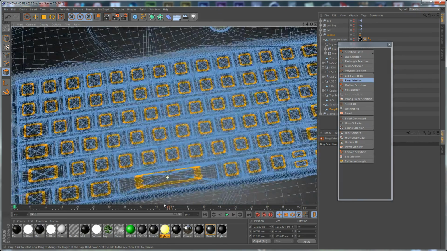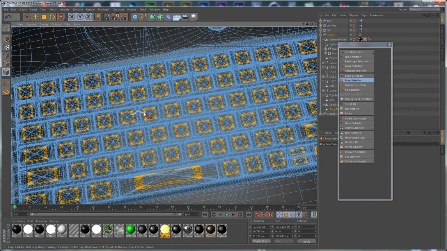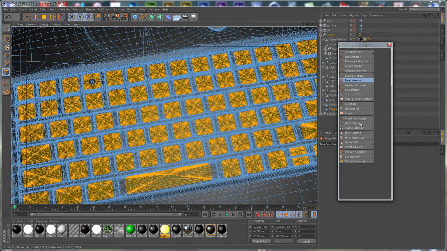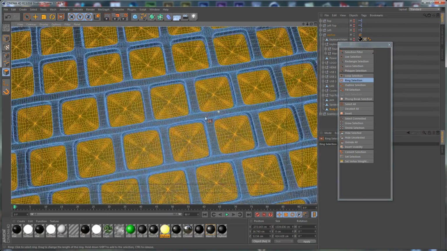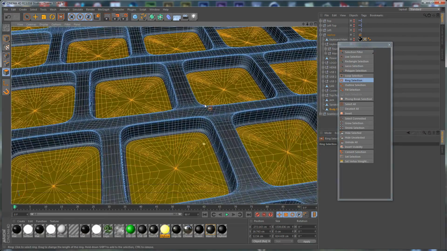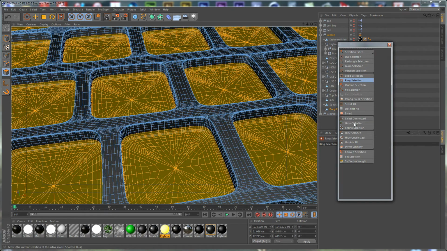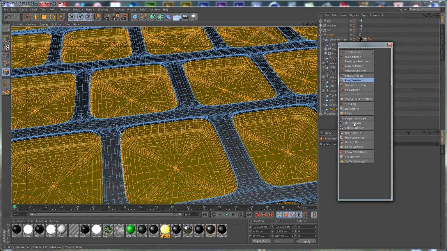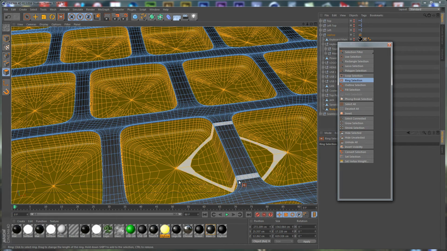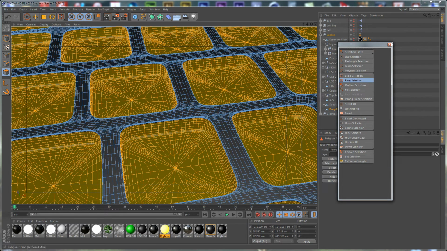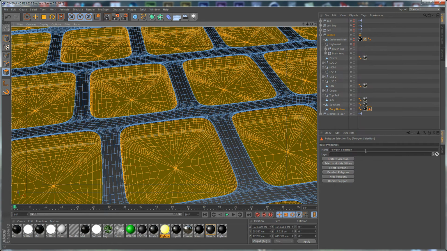I've selected all the polygons that we need, and now what we are going to do is click on grow selection a couple of times, and we need to zoom in to see how our selection looks like, and we need to make this selection,